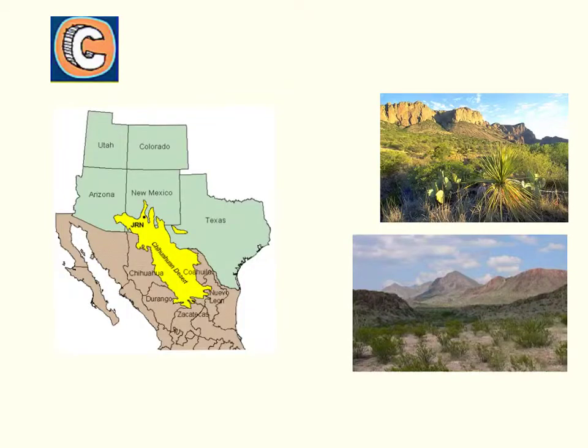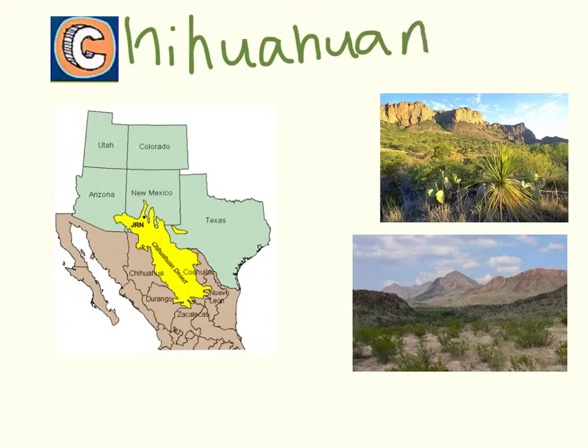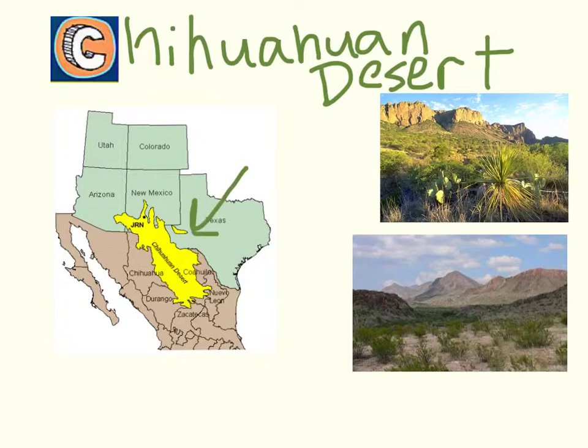C is for the Chihuahuan Desert. You may think of Chihuahua as a dog. Well, that's because it is a type of dog, but it's also the name of the second largest desert in North America. The Chihuahuan Desert is located mostly in Mexico, but it also comes into New Mexico, Arizona, and Texas,